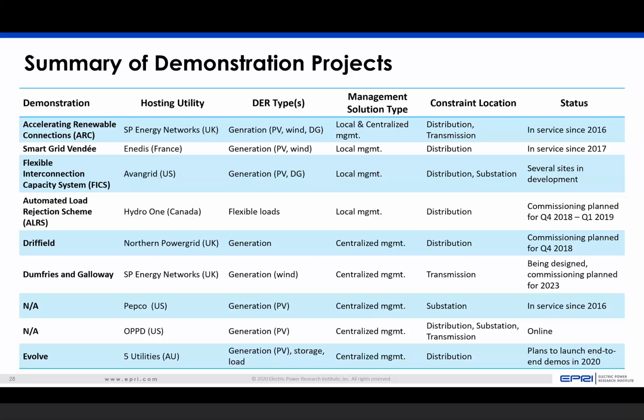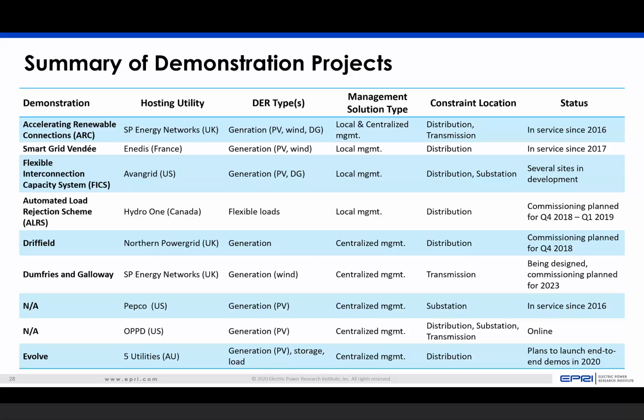If you are interested in learning more about these projects, we do have some references at the back of this presentation, so I encourage you to look at those where we review them in more detail. Also, many of these projects have produced their own publicly available reports, and you can find those using a quick Google search. So they're here for your reading pleasure.